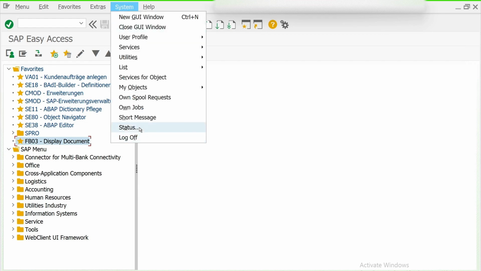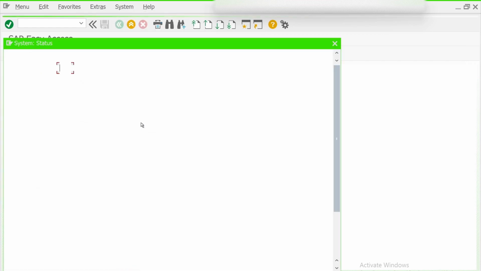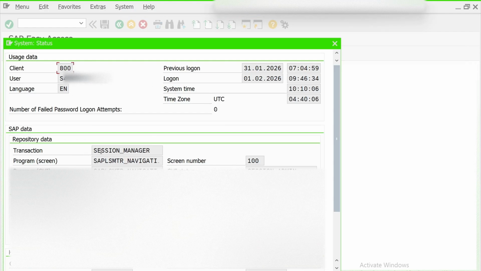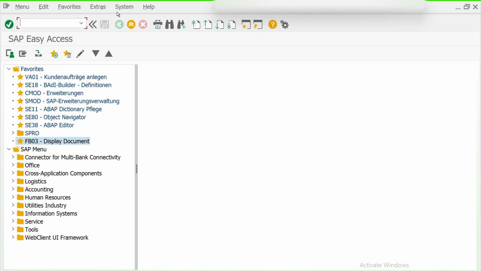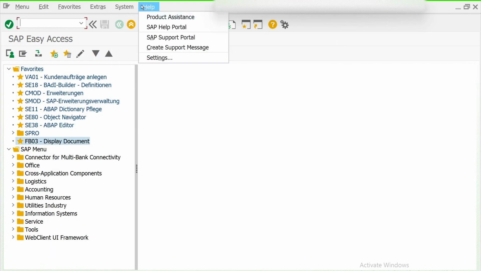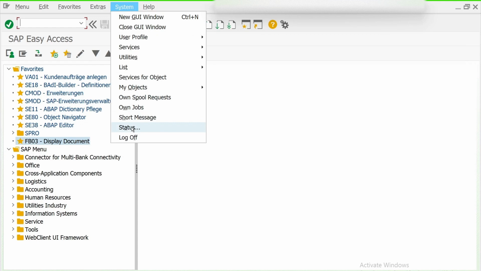If you come on the status, you will be able to see the same details: the transaction, the program, the client, user and everything that was there in the status bar. So this particular path you can use to check the status of the program or the screen. So this was the small navigation part of SAP.